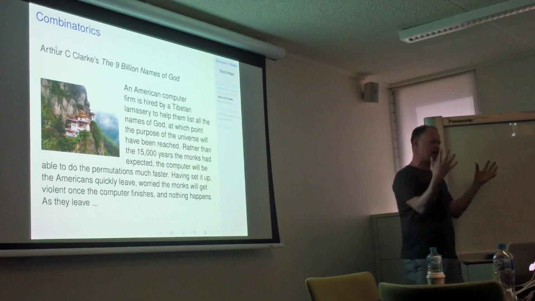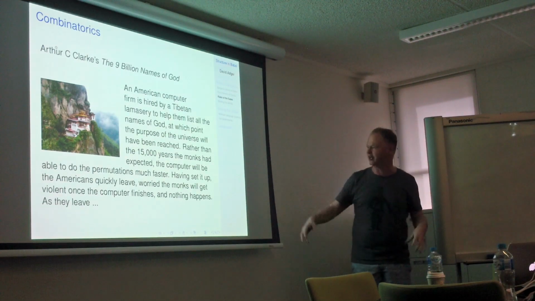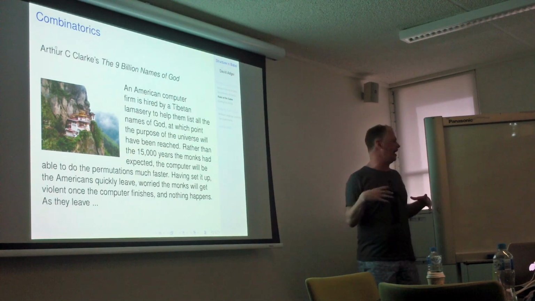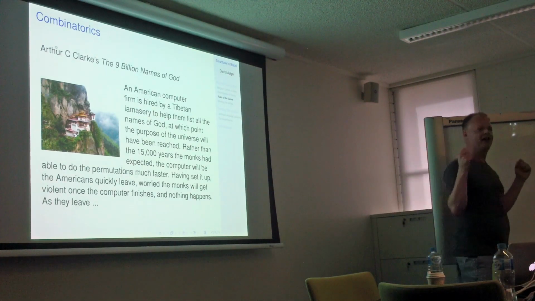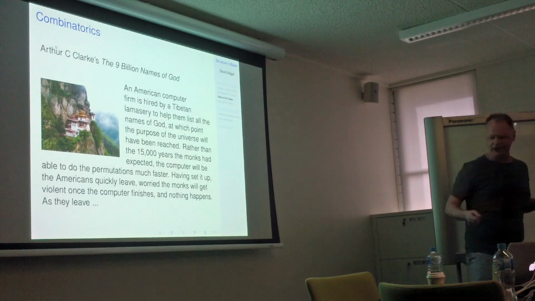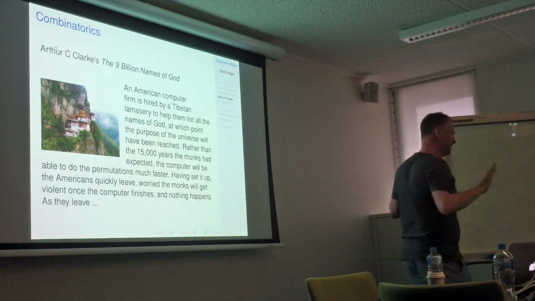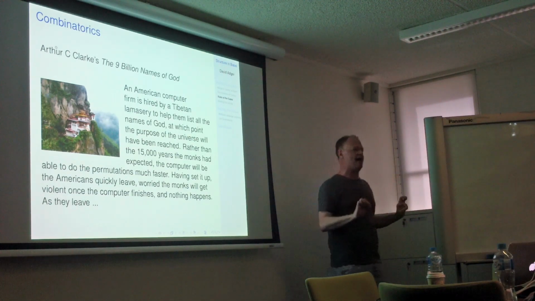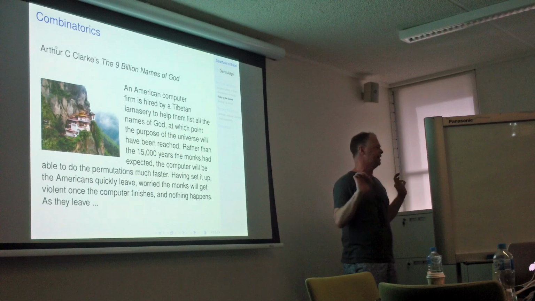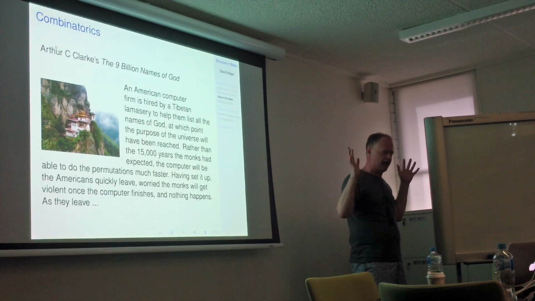So they get the Americans to come over to build the computer in the lamasery, okay? And the Americans build the computer and set it going to work out the 9 billion names of God. Of course, my phone could probably do it in about 5 seconds now, but this was the 1950s. So the Americans are like, what's going to happen when it's finished, and the monks are like,